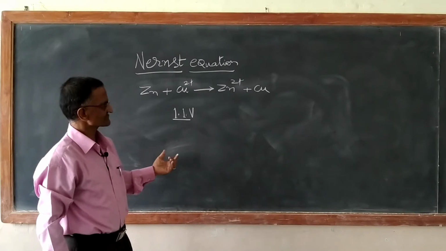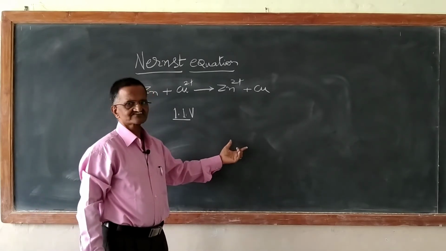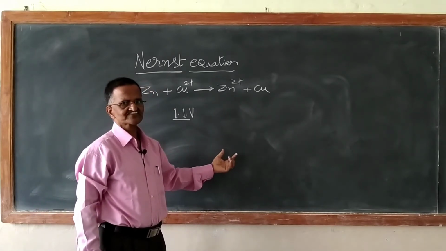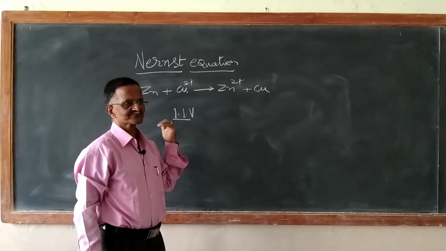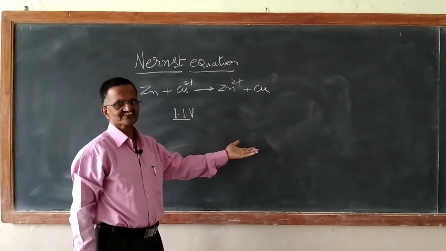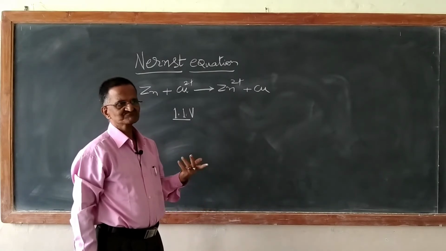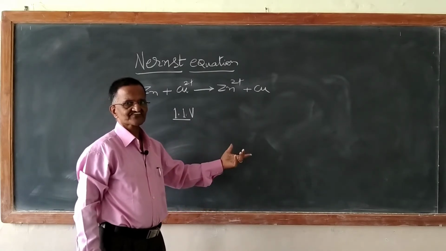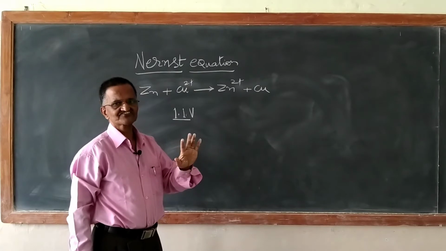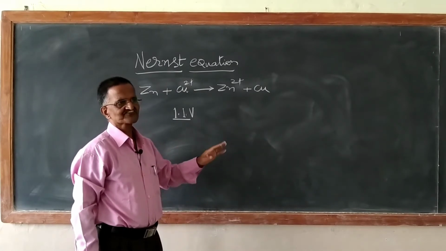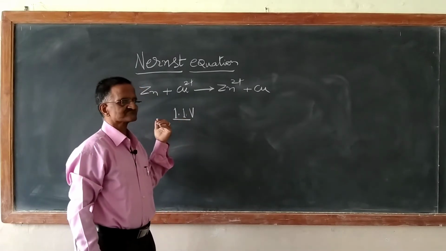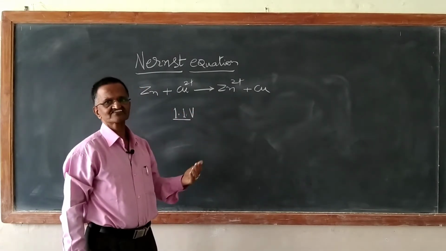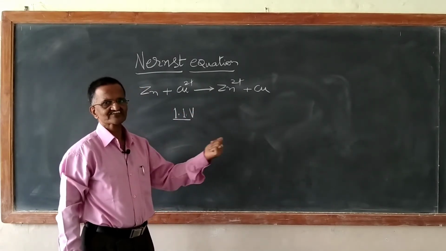But at the same time, on the other side, in the right half cell, you have Cu2+ ions. Cu2+ ions go on getting reduced because of the electrons that got transferred. So with time, in that electrolyte, you may have no more Cu2+ ions. If no more Cu2+ ions are there, why will electrons go from the zinc end to the copper end? There is nobody to accept electrons.